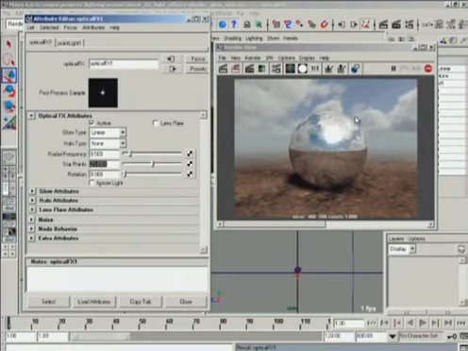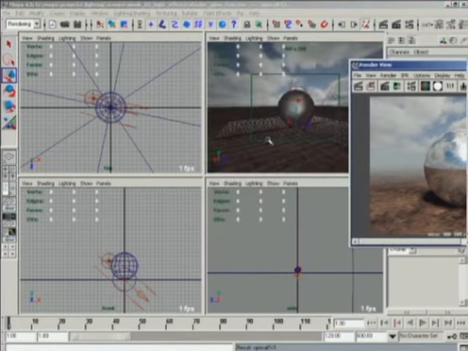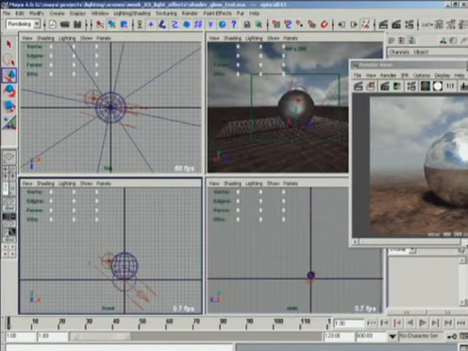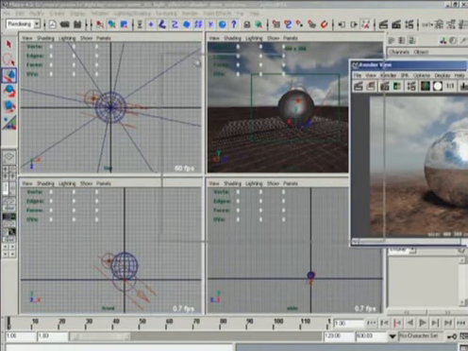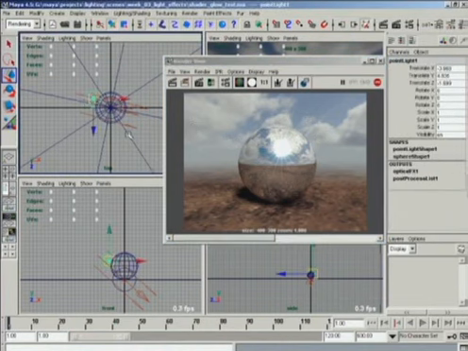So you can see now we have an optical effect coming off of the sphere. But in this particular case, that maybe is not what you want to do, because if this sphere is moving, or if the light source is moving, or you would have to parent this light to it, and then if you were to look at it from a slightly different angle, you would see the optical effect in a different place. So this is really not the way to go about solving this problem. Again, if you were doing reflections of a candle in a mirror, that might be a better way to do it. But in this case, what you want to do is you want to use what's called